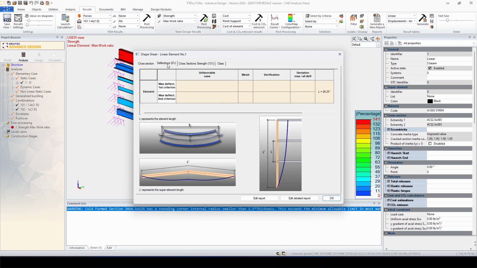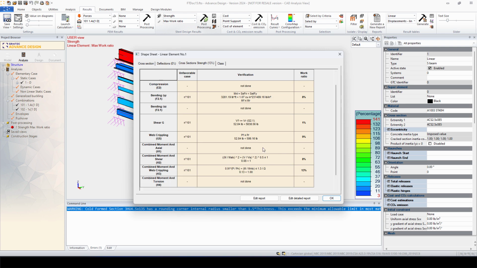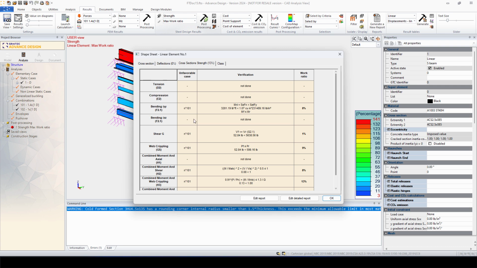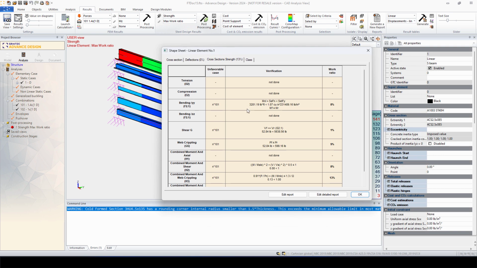If we have activated the deflection check, you can have the deflection checks. And finally, cross-section strengths. This is the main part that Advance Design will tell you what's actually happening with the design of your cold form section. As I mentioned earlier, for this bottom one, I'm not applying so high forces. So the specific checks that Advance Design will do are based on the forces that we have